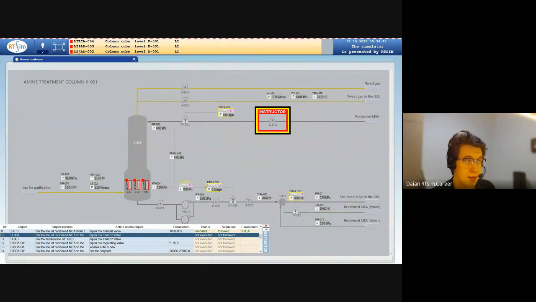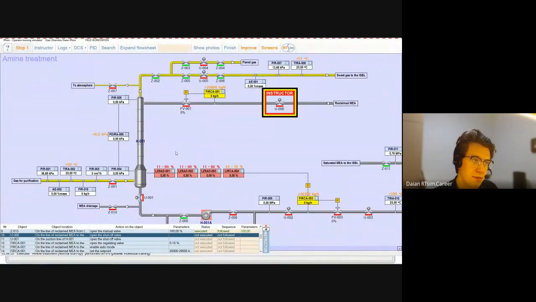The first main mistake is to open all manual valves. First of all, you should understand which manual valve should stop at this step, because if we now open the gas for purification manual valve and let it lead to our raw material, our column will be fed first